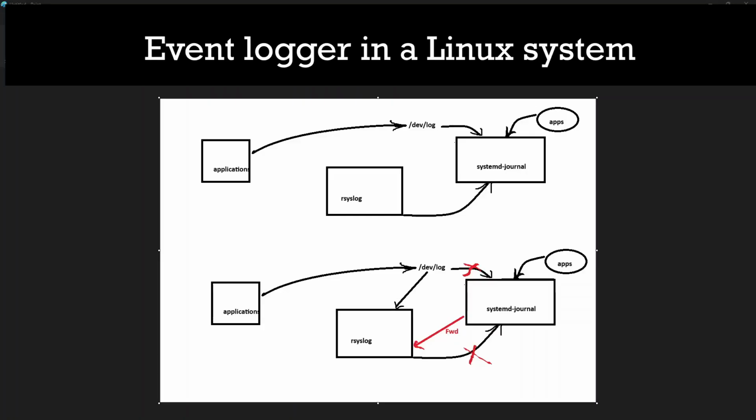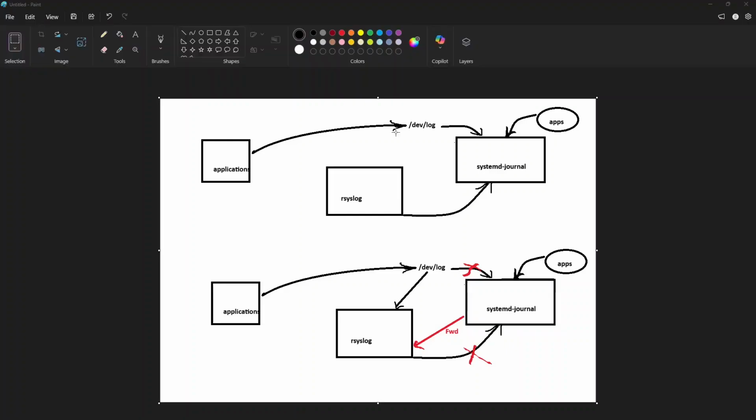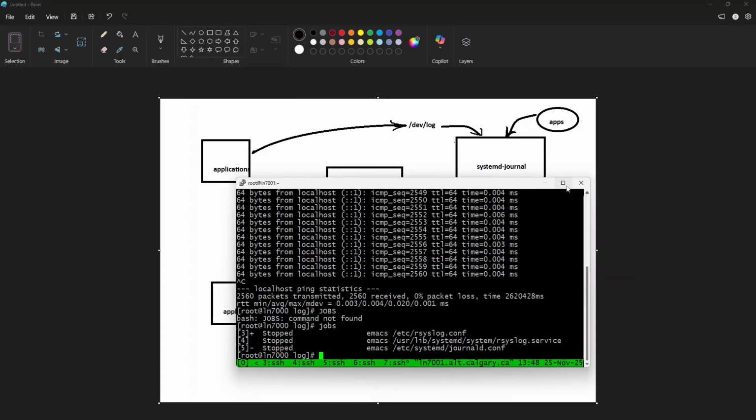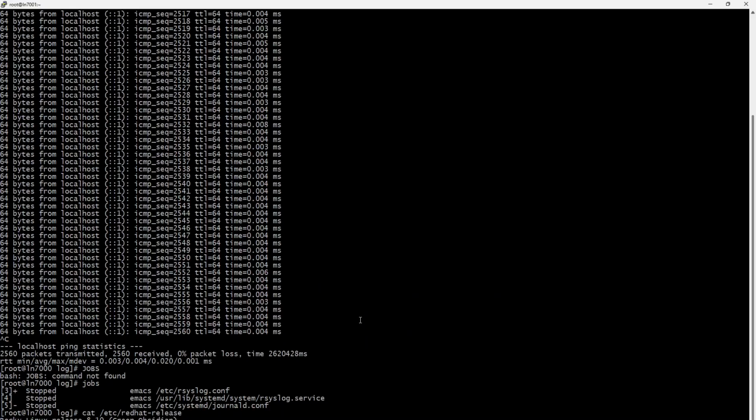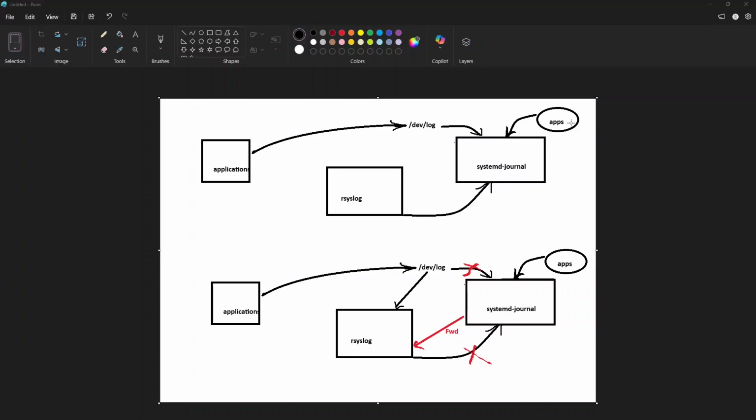This is what I believe is how event logging works in a typical Linux server. Here at the top, we have a commonly deployed system in recent Linux distributions, such as Rocky 8, based on Red Hat. Different applications natively send events to systemd-journal,